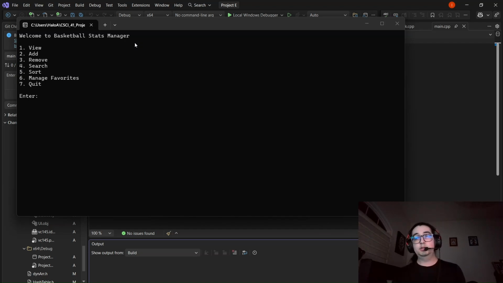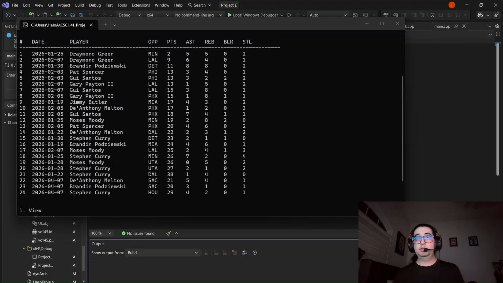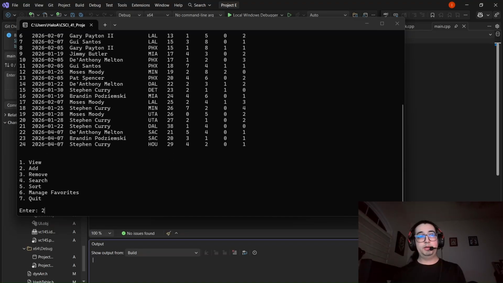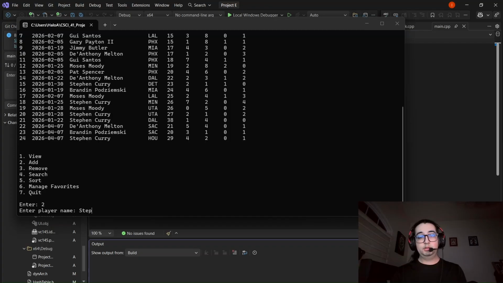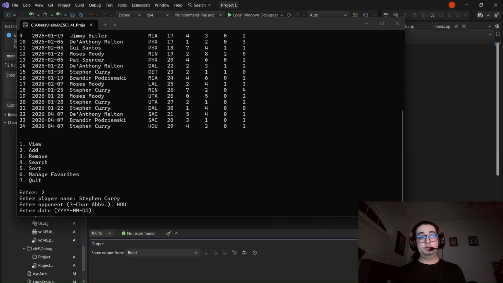So selecting view shows that all the entries loaded successfully, and if we go ahead and add a new player entry, let me show you. Adding a new player entry here was improved in this project by fully validating the